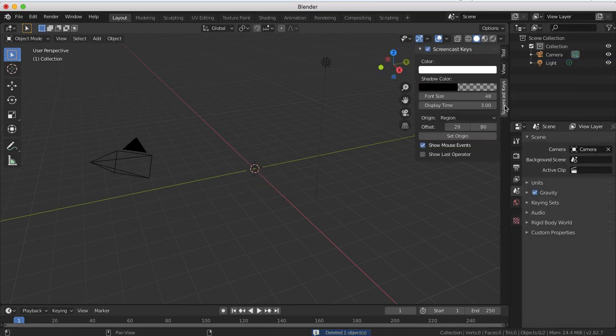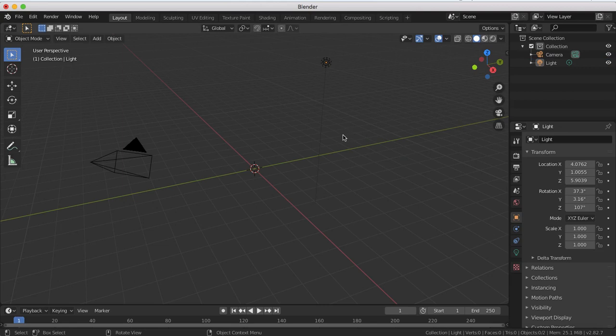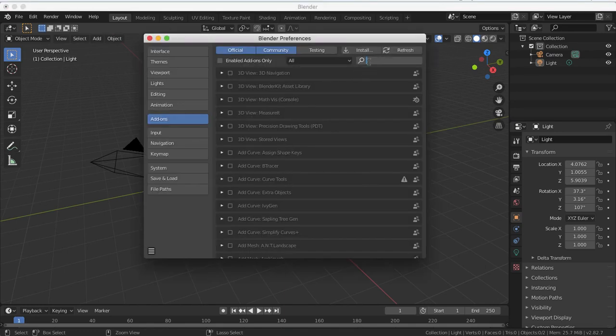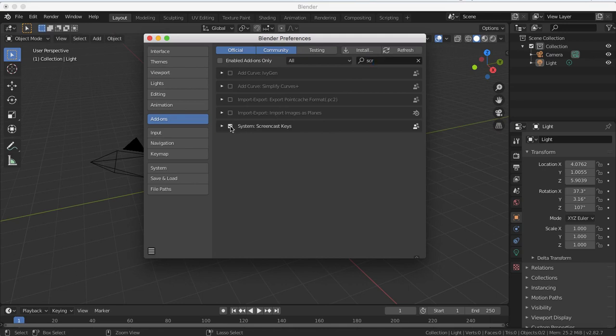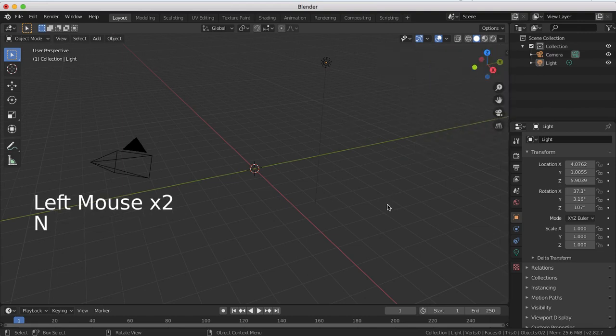Let me make sure screencast keys are still on. Yes. All right. But they're not showing up, are they? That's what's weird about these screencast keys, they turn off for some reason. So let me go into the settings and go to screencast keys. Let me deactivate them. I don't know what's up with this plugin. Then let me reactivate them. Let me uncheck them and then recheck them, and now they're working again. Amazing. There we go. Okay, but anyway,